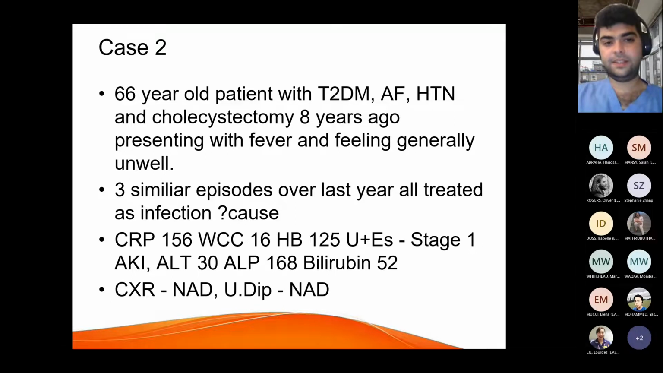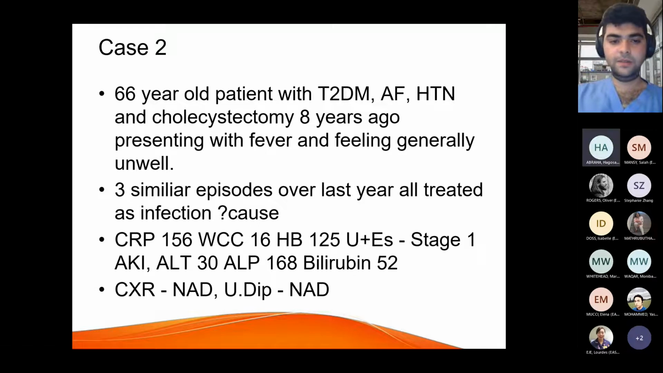So this case is a 66-year-old who has a number of comorbidities, including type 2 diabetes, AF, and hypertension. And the important thing to note is that they've had a cholecystectomy 8 years ago. They're presenting with fever and feeling generally unwell. The important thing to keep track of is that they've had 3 admissions over the last year, all treated as